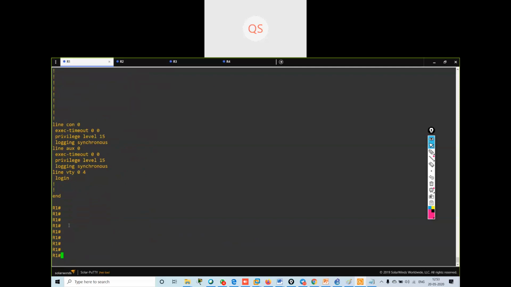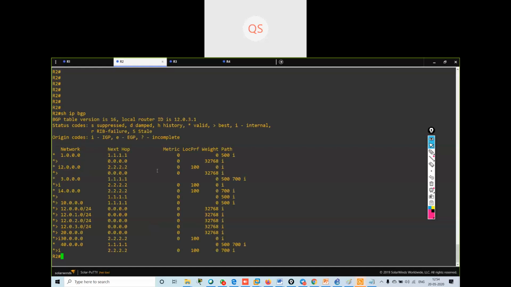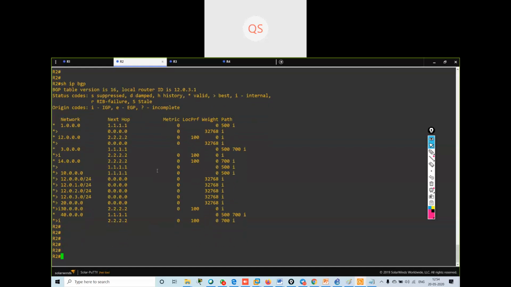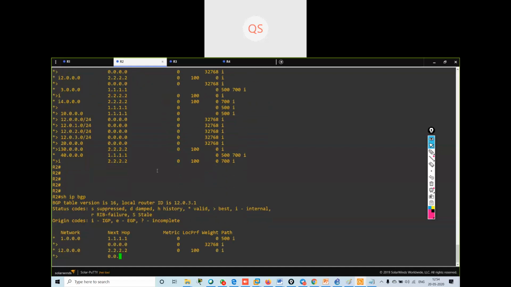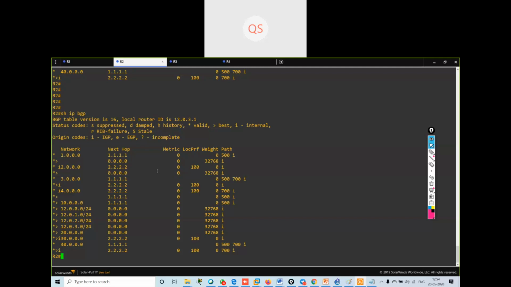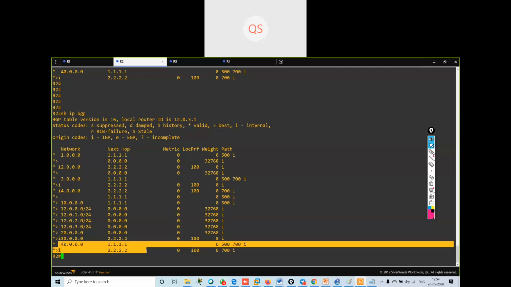Now if I go on my R2 and check show IP BGP, the 40.network is going via 2.2.2.2, means via R3.